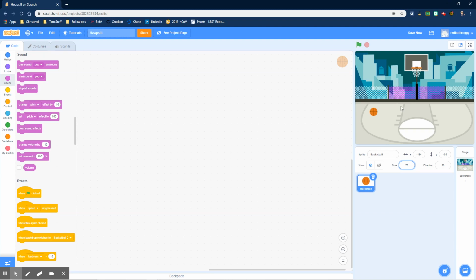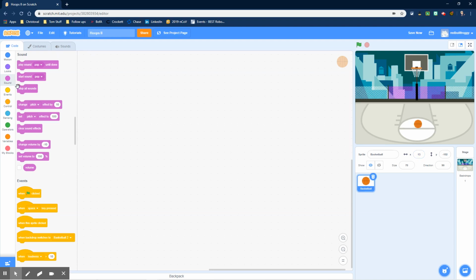What I want to do when I start my little game, or start my little code here, is make sure that my basketball goes to the center court. So I'm going to move my basketball where I want it to go when I press the green flag. Now down here, you'll notice my X and my Y changed to match whatever I had. So there's my basketball. I've got an X and a Y. And the reason you want to do this to start is you can hand type these, but it's easier when